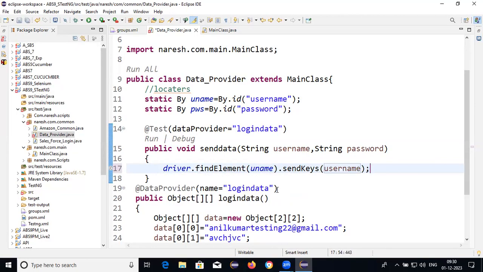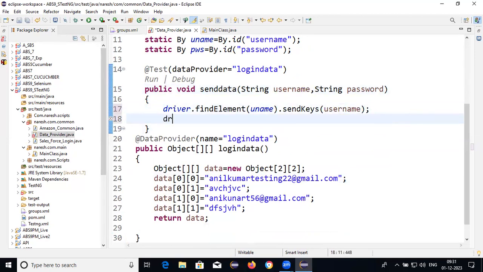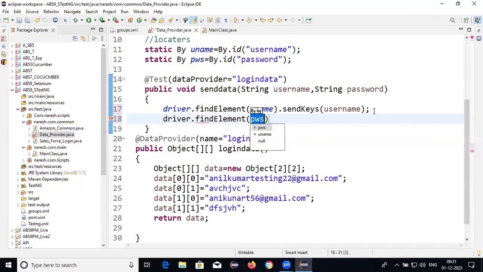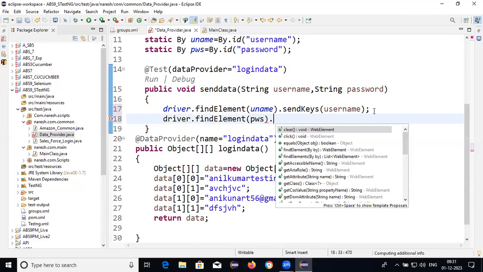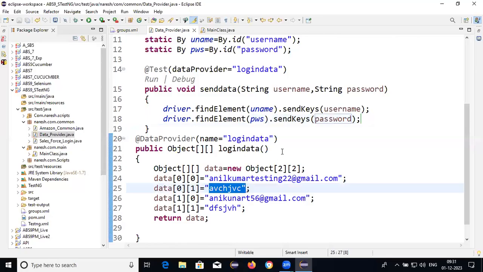When I call the username, the first data will be entered, and driver dot findElement password dot sendKeys. We need to provide password. When I use the password, this will be entered. And after that,